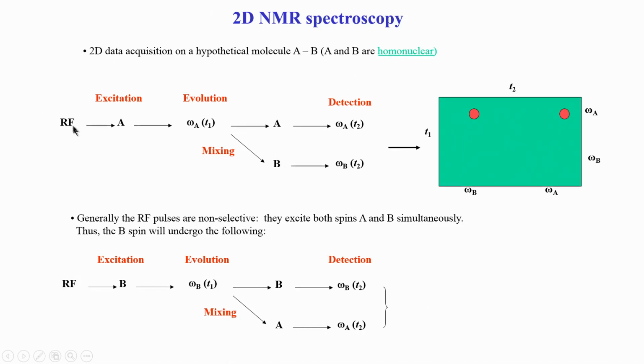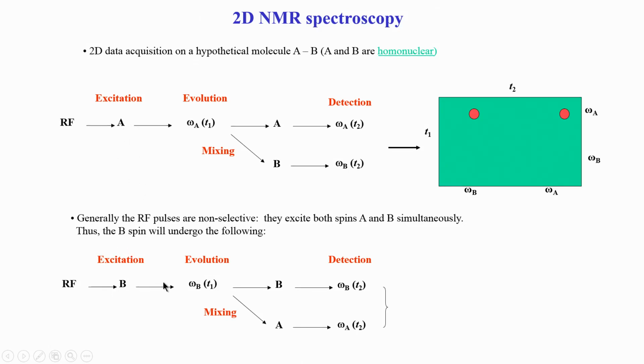So, now this is as far as A spin is concerned, but remember I mentioned just before some time that the RF pulse is applicable to both A and B. So, which means if I can excite A in the beginning here, that should also excite B, the same RF pulse. The same RF pulse here and here should work on both A and B. So, now the B gets excited also at the same time as A. So, this and this are happening simultaneously.